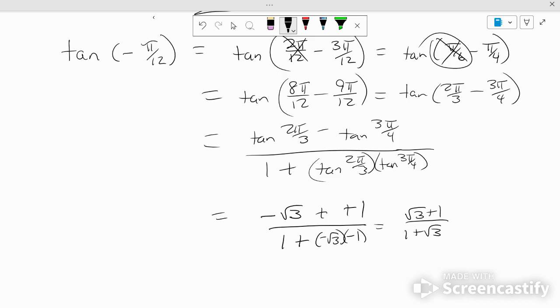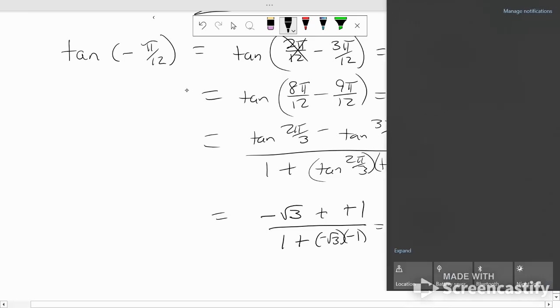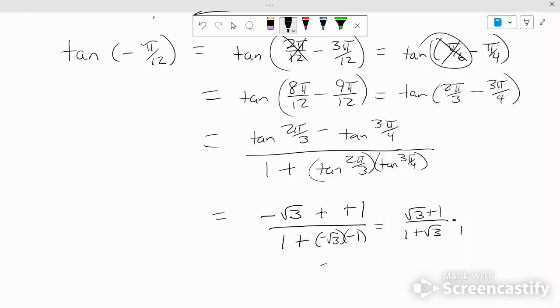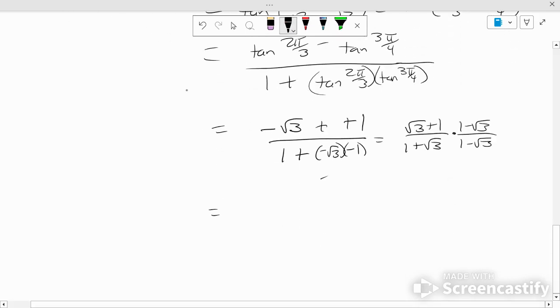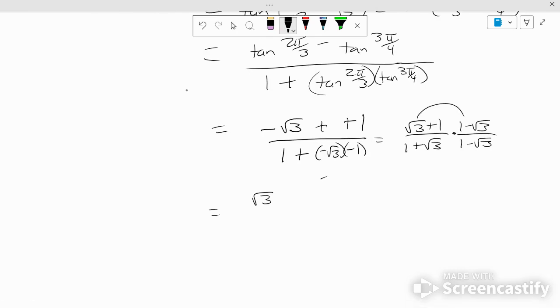Now, I still have a radical in the denominator. How do I get rid of the radical off the denominator? Multiply by the conjugate. Whoops. 1 minus the square root of 3. So if I multiply by 1 minus the square root of 3, my numerator is square root of 3. First times first is square root of 3. Outers is minus 3. Inners is plus 1. Last times last is